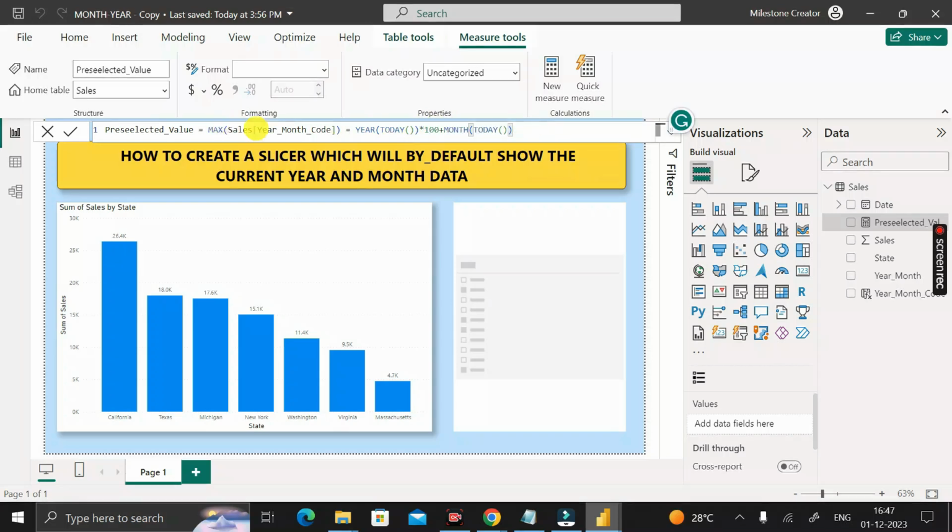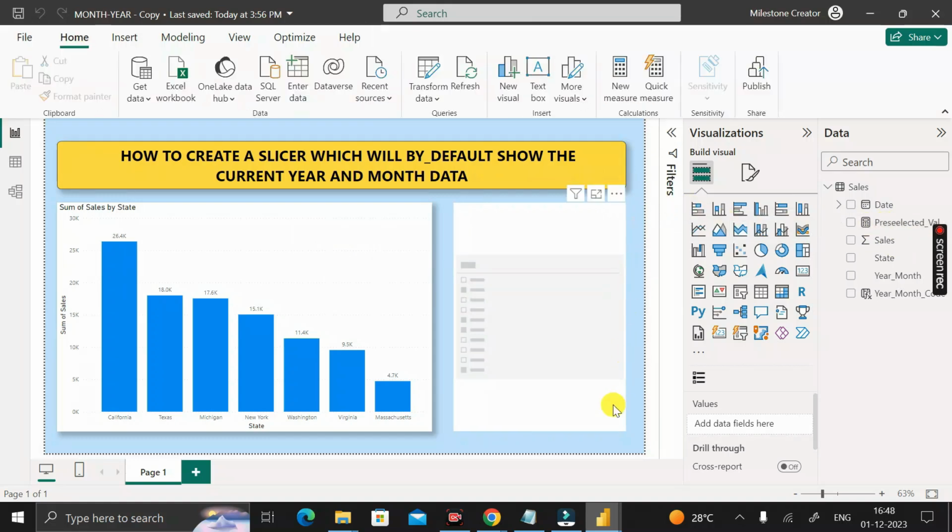So what exactly we are doing here, we are giving this result into this part and we are giving this result into this pre-selected value part, all right. Then click enter, and here you can see we have successfully created this measure. Okay, so now just click on this particular visualization, the slicer that we have taken, that is called